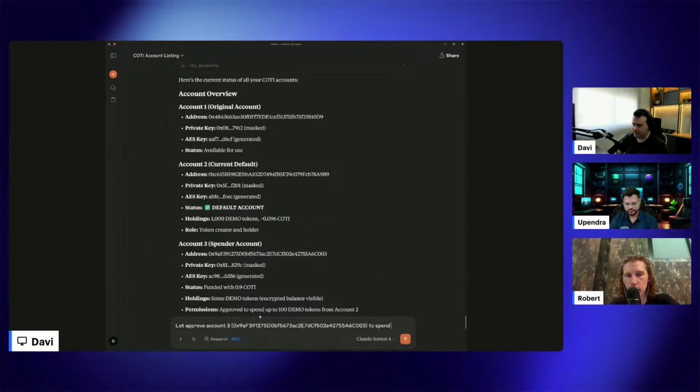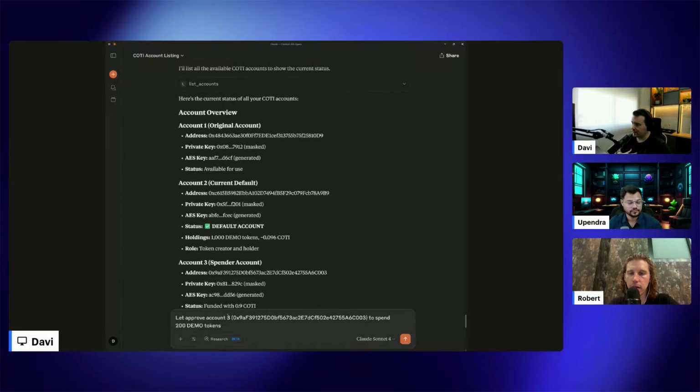To spend. Let's change the value now just to avoid confusion: 200 demo tokens. So I'm connecting to account 2, and I want to approve account 3 to spend 200 demo tokens, because in account 2 I have 1000.